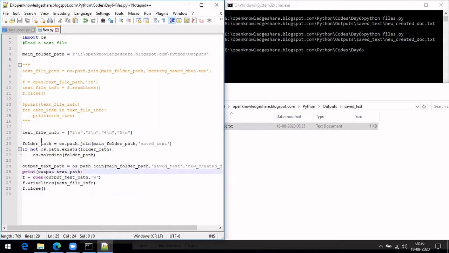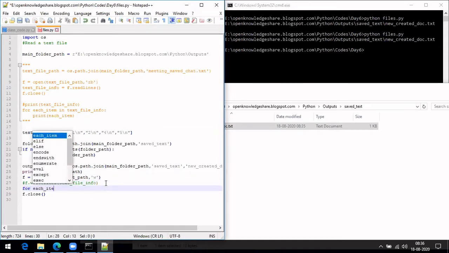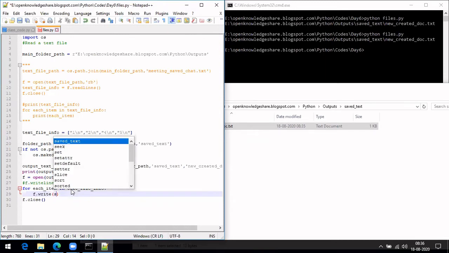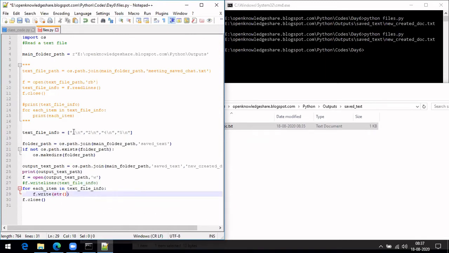In that, each time usually one line will be saved. So in case you want to do it that way, what you can do is, instead of writelines, there is a way to write one at a time. For each item in the list, f dot write. Okay, earlier we did it, it's already there.